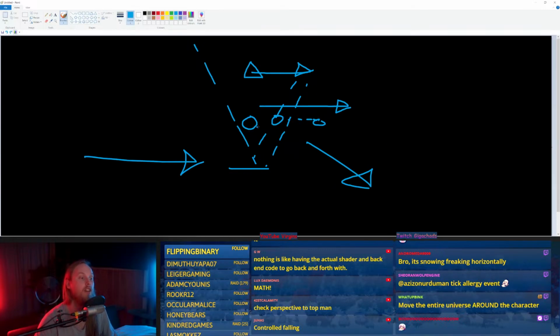Or if you were sprinting this way and someone threw a rock in the back of your head, then you would fall. So it's basically a way to figure out, does the character fall or do they keep moving?